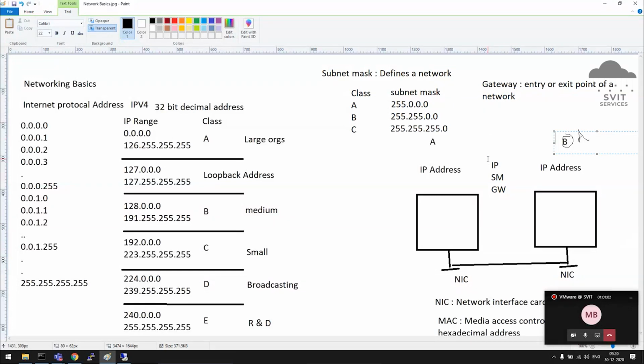Okay, now you don't need to worry about where to get them. If you join a team, there will be a network team; they will help you to get these values. You don't need to worry. We should know how to assign them to a device: how to assign an IP address to an ESXi machine, because we are VMware administrators, and how to assign an IP address to a Windows machine. That is a very basic thing. Linux, you don't need to worry; if you are from a Linux background you might know already. Our Linux guys should know that. A VMware administrator should know at least ESXi and Windows machines.